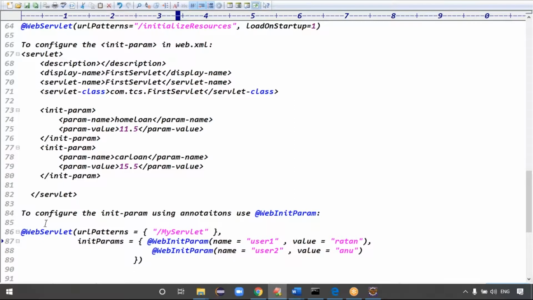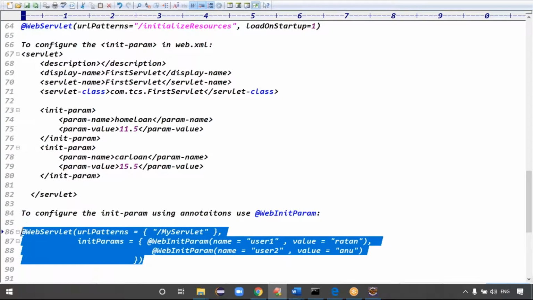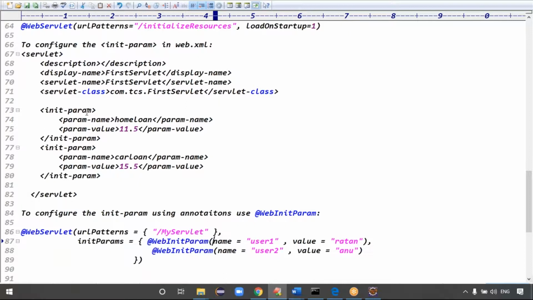The servlet contains a total of 2 init params, and to configure those init params we use WebInitParam.